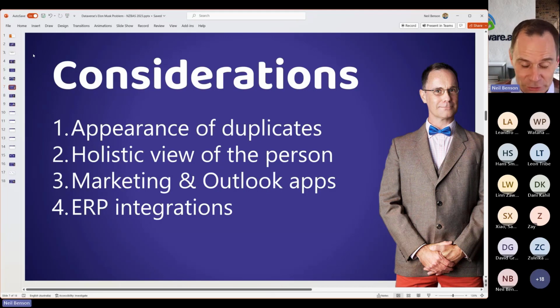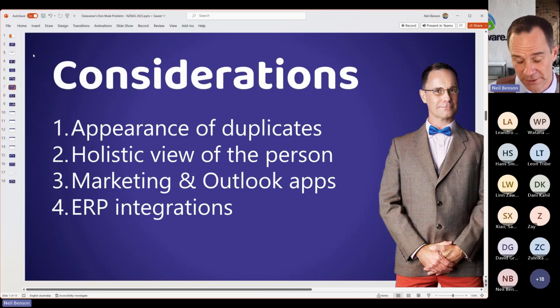Some customers consider contact records to be people. There should only be one Elon Musk contact record because there's only one person who is Elon Musk. Others will say, look, I don't really think of contact records as people. I think of contact records like business cards. If Elon Musk had an old-fashioned wallet with old-fashioned business cards in it, he might have multiple business cards in there. And he'd give you a business card depending upon whether he was representing Tesla that day or SpaceX that day or X or whatever. And he might have a pile like I do of old business cards with places I used to work as well. So you'd have a PayPal one and a Thud one and some others as well.